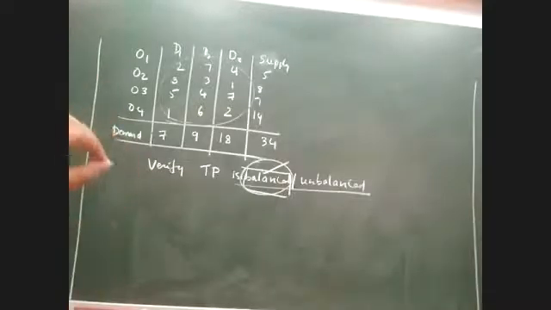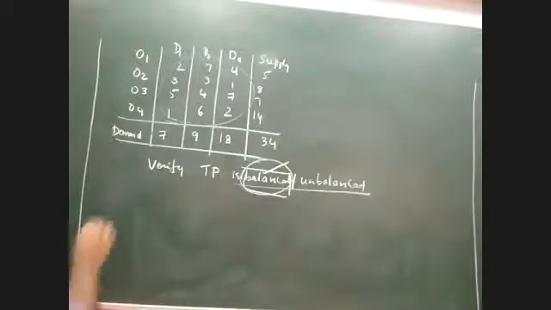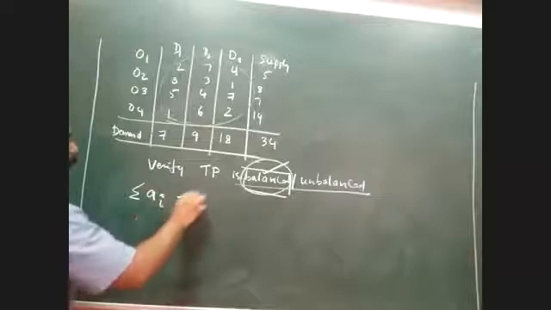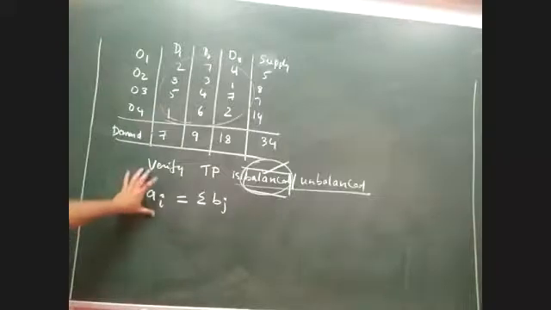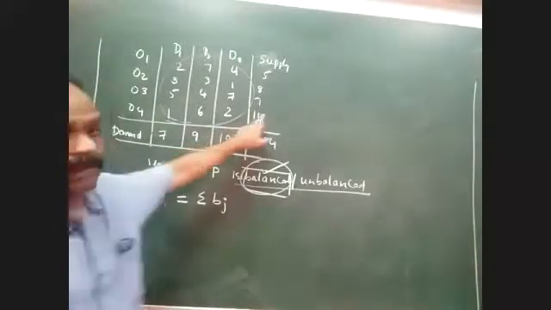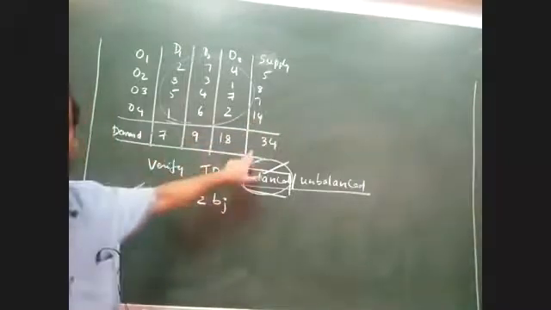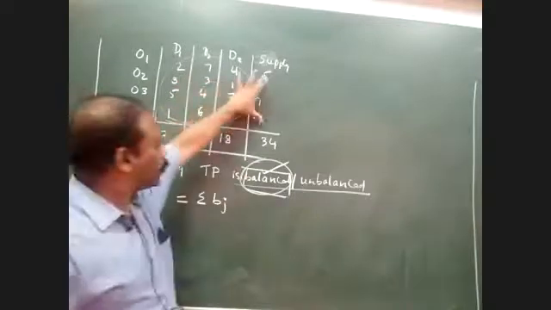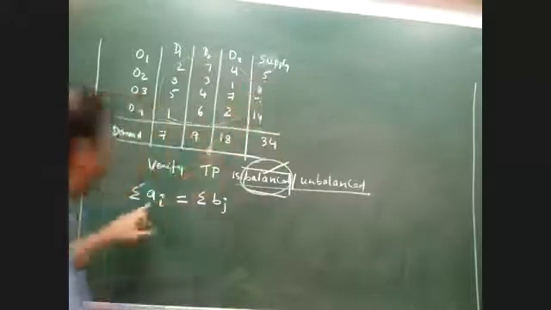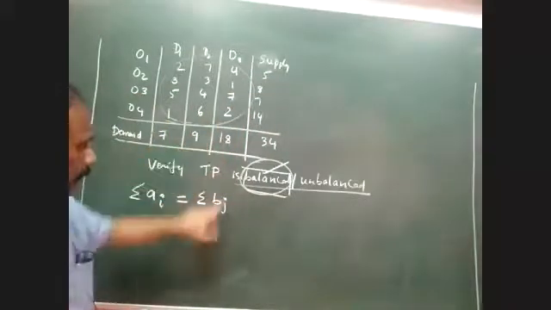But when we solve the problem in transportation, there are some mathematical notations we use to denote this. Verbally, this is exactly what the method is. But when you're writing the answer, it has to be expressed with certain notations. The notation is like this: summation of Ai is equal to summation of Bj. Please understand, summation is nothing but the total of certain elements. Now A always refers to supply and B always refers to demand. Are you understanding? Whenever you are writing the values of individual row totals, that is always A. Individual column totals are always B.